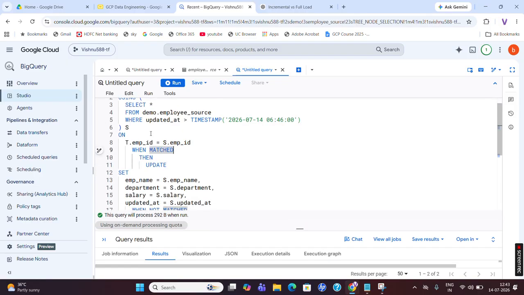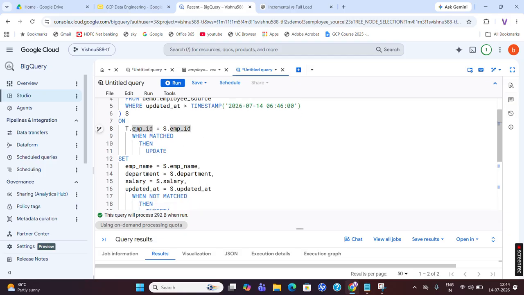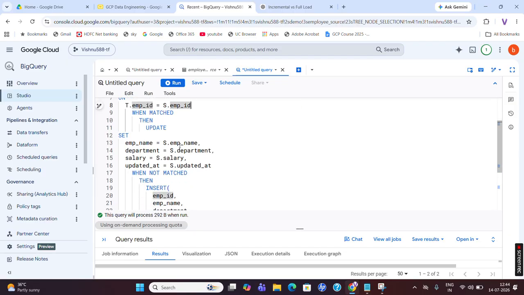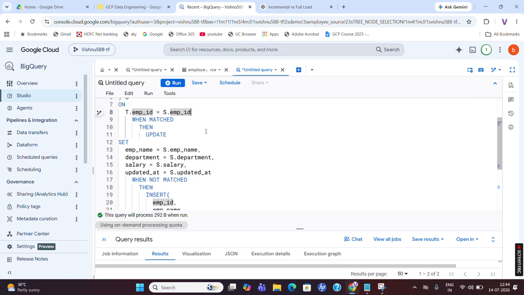Now we are using the ON keyword, and t.employee_id is the primary key. We are taking the employee ID column. If the employee ID matches in both, then we need to update the records: employee name, department, and salary are updated. That is the first thing it will do. If the ID column is not matching,